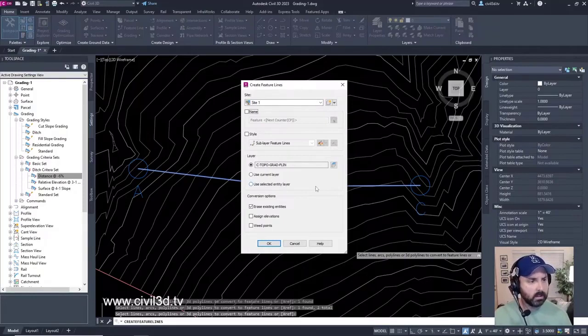Well, before we do that, let's review some things here. The lines are going to be converted to feature lines and added to Site 1. Remember sites within parcels like we went through before? We can set it to none, but we're going to leave it on Site 1. We want it to be within Site 1.